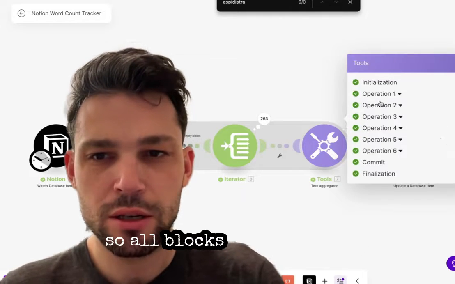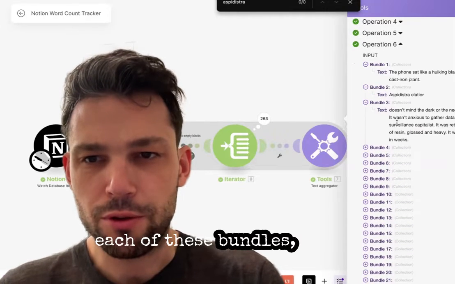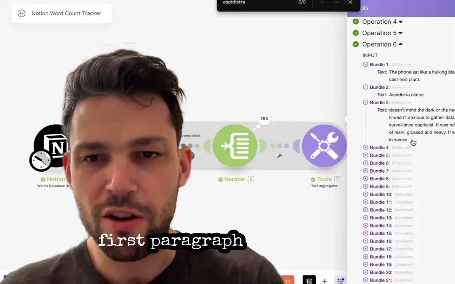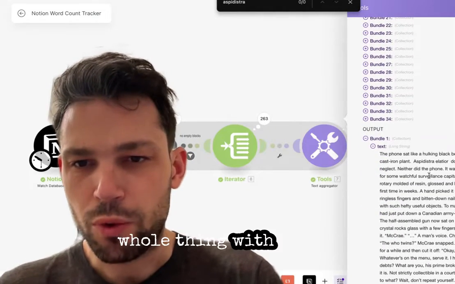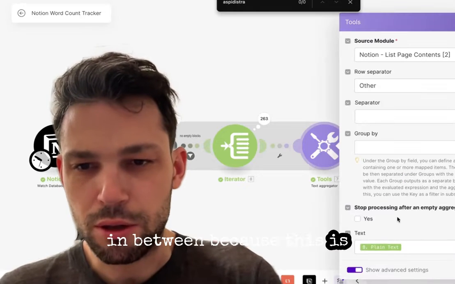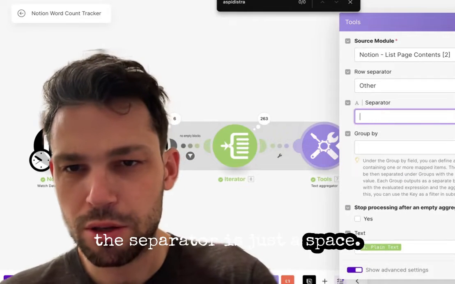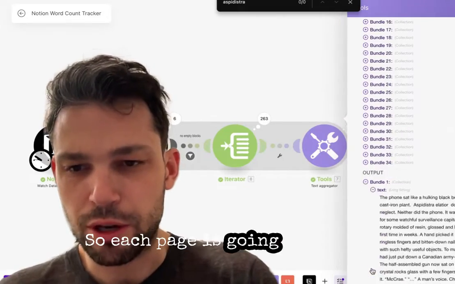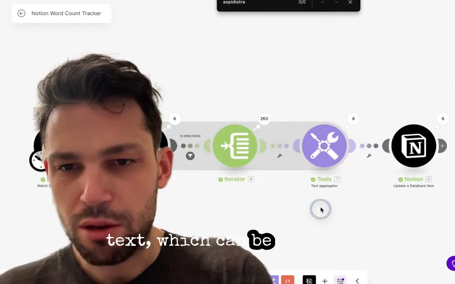So all blocks for each page are aggregated. Your input is each of these bundles, right? You can see this is that first paragraph broken into 3. And then the output is just going to be this whole thing with spaces in between, because this is taking the plain text and the separator is just a space. So each page is going to output the page as just a wall of plain text,